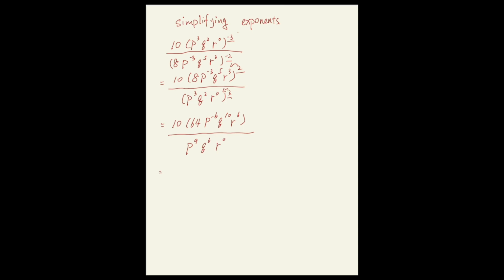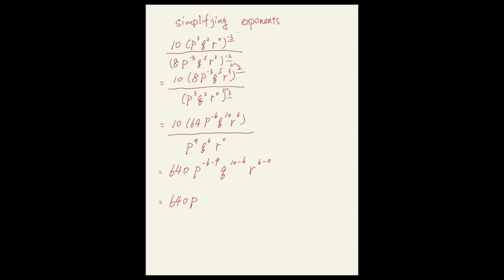And then for the division, we know it's subtract for the exponent. So we got 640. And for the p it's negative 6, subtract 9. And for the q, the exponent is 10, subtract 6. And for the r, it's 6 minus 6, subtract 0. And then we can get